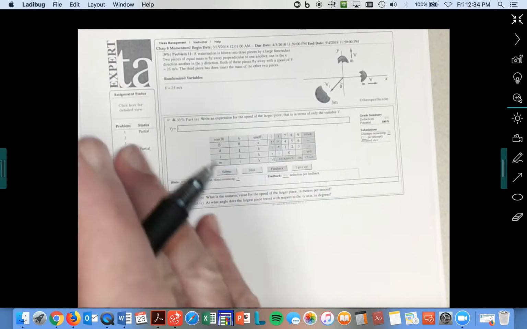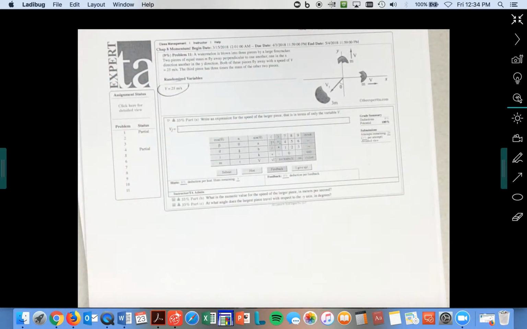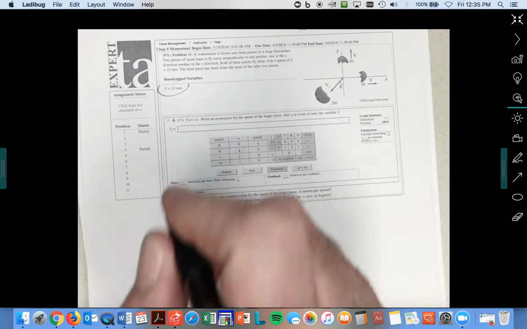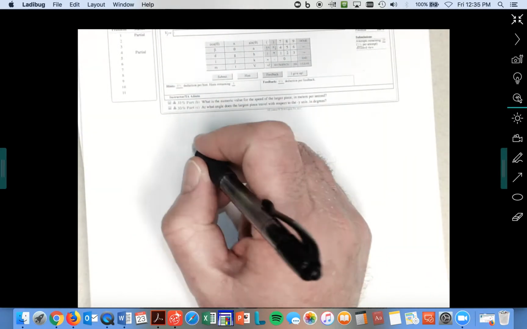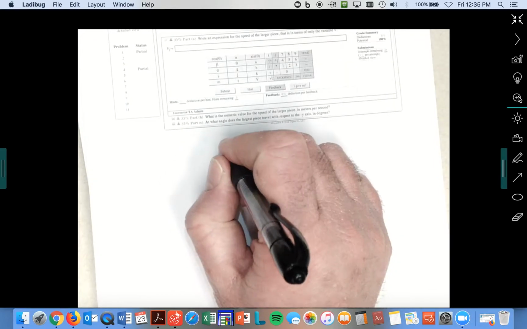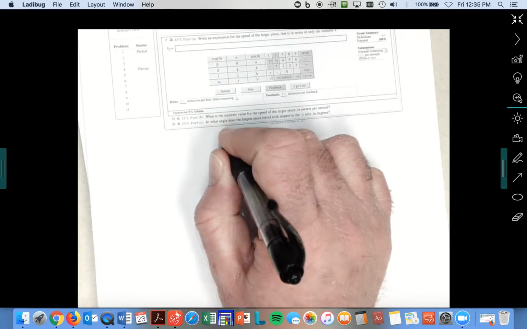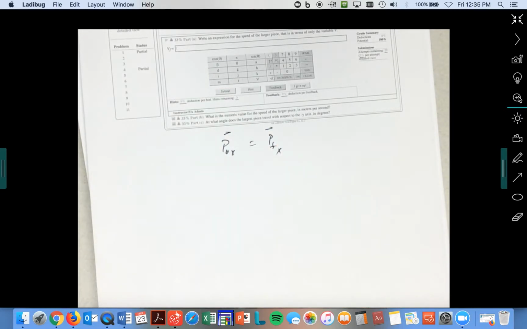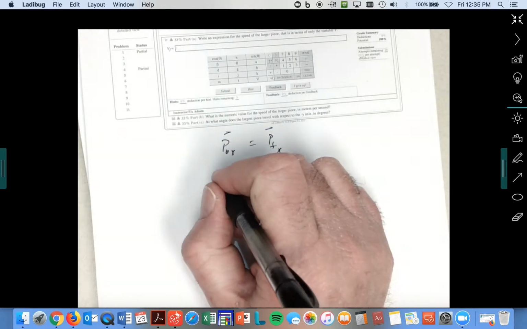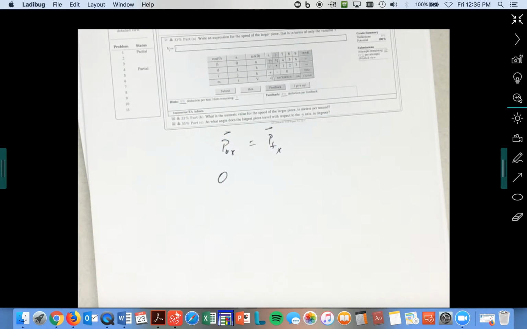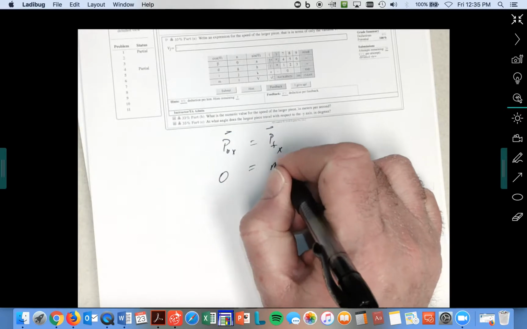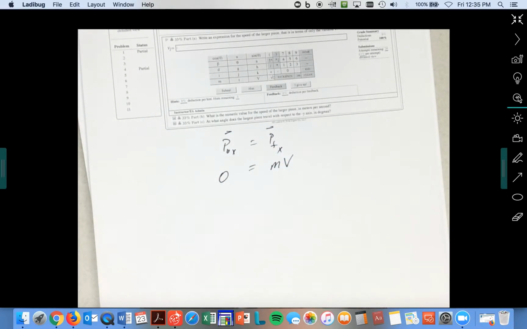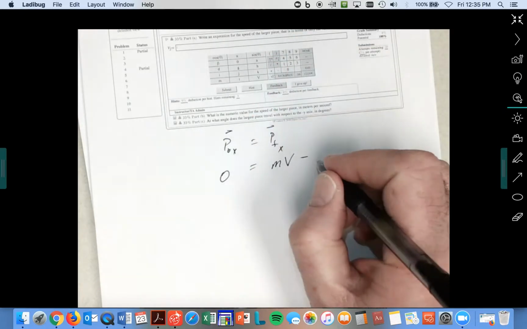So the V here is 25 meters per second. And we know that, I'm just going to work it out down here, the momentum before in the x direction is going to equal the momentum after. The momentum before is 0 in the x direction. The momentum after in the x direction is little m times V, and minus 3m